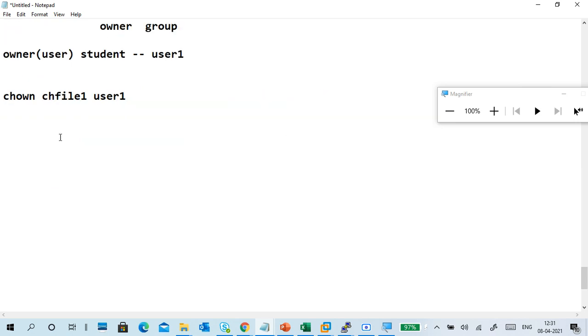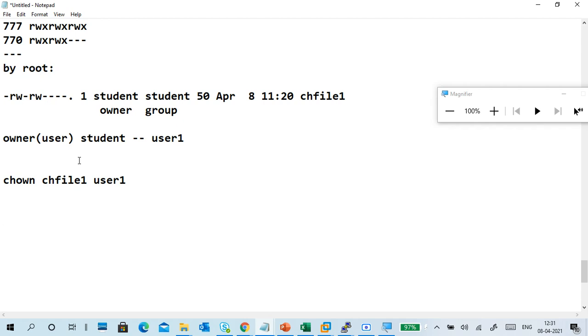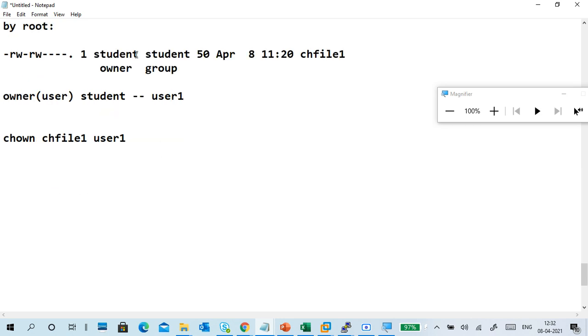Some people will get confused, thinking of changing a username, like changing the user, so they go to the usermod command. They confuse ownership and username. Here it is not about username. It's about ownership on the particular file, the owner on the file.